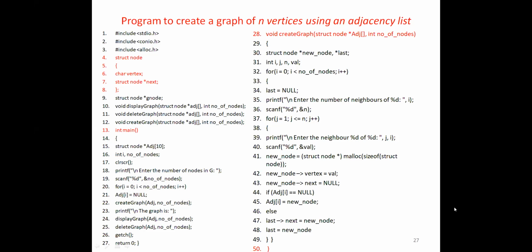Today we are going to see a program on graph. How are we going to create a graph using an adjacency list? We know that we are going to store the graph vertices and edges in two kinds of data structures. One we can go for is the adjacency matrix, and the other one is the adjacency list. So these are the two types you can use to store the graph's elements in memory.